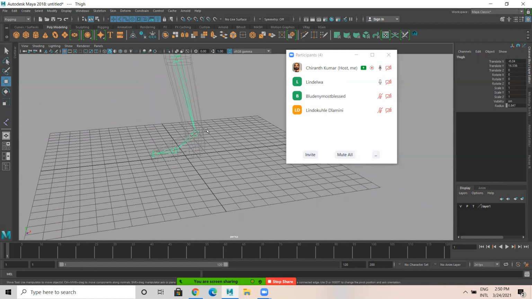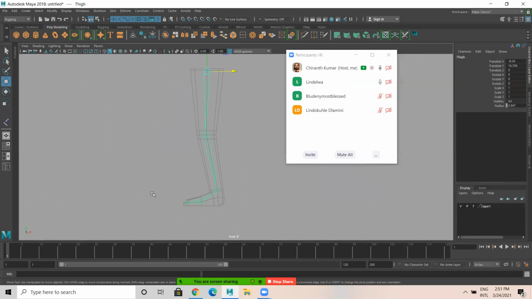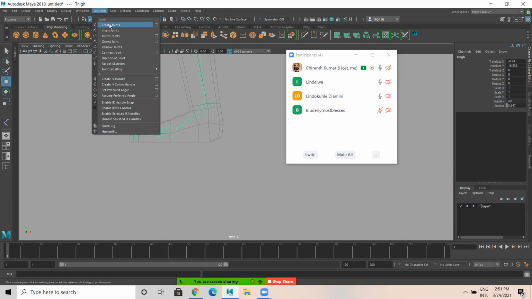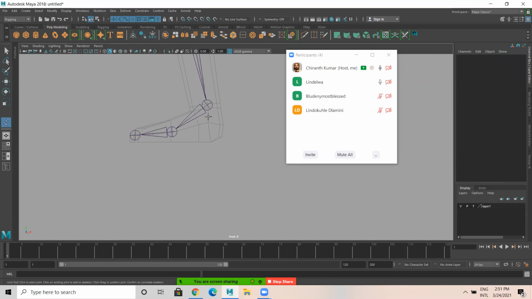Now the next step is we need to add a reverse foot technique. Go back to side view again. For that, I'm going to create joints again. My first joint is here, heel.